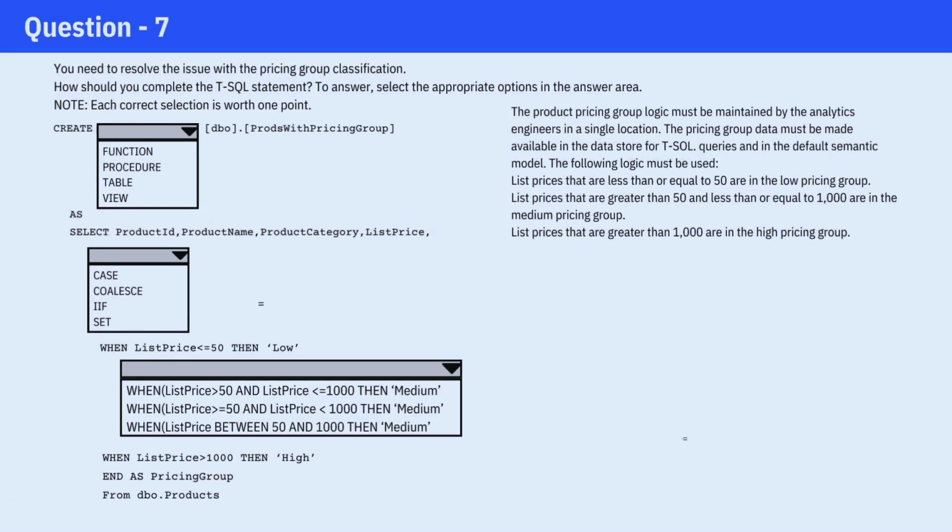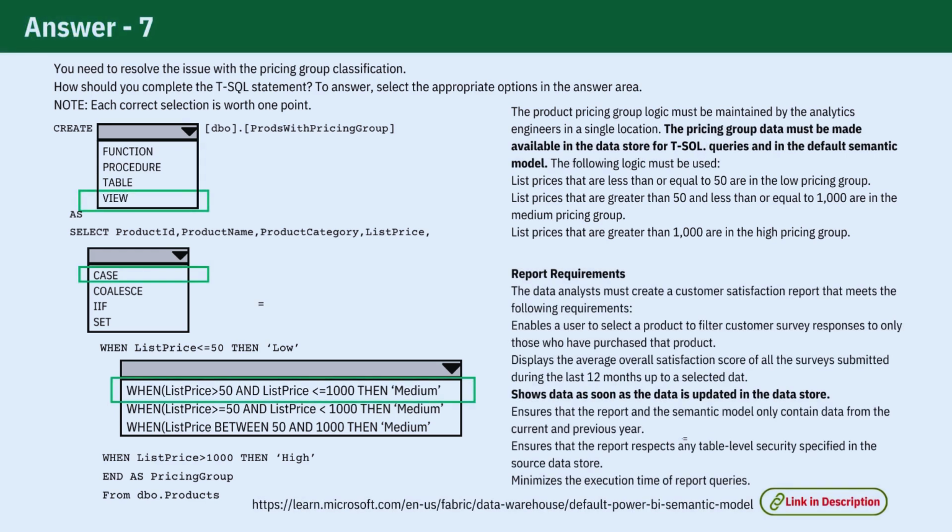You need to resolve the issue with the pricing group classification. How should you complete the T-SQL statement? Take a moment to review the code, think, and check the answer. The correct answer is view, because it meets the requirement of showing data as soon as the data is updated in the data store. If you thought table because it should be part of the default semantic model, you are